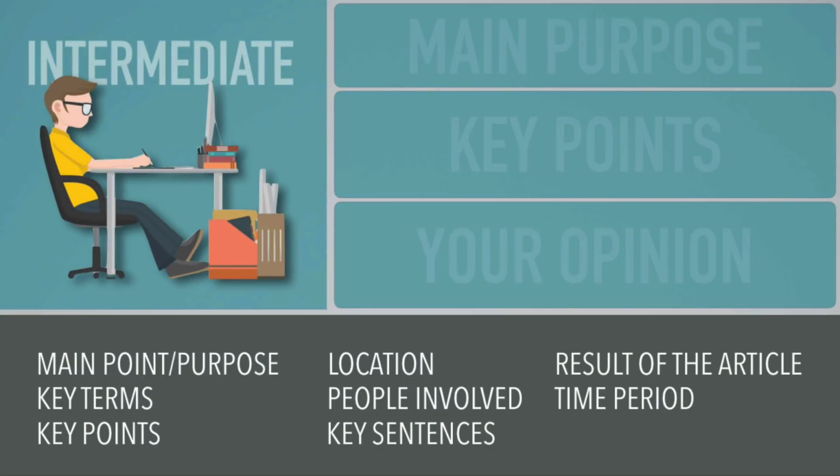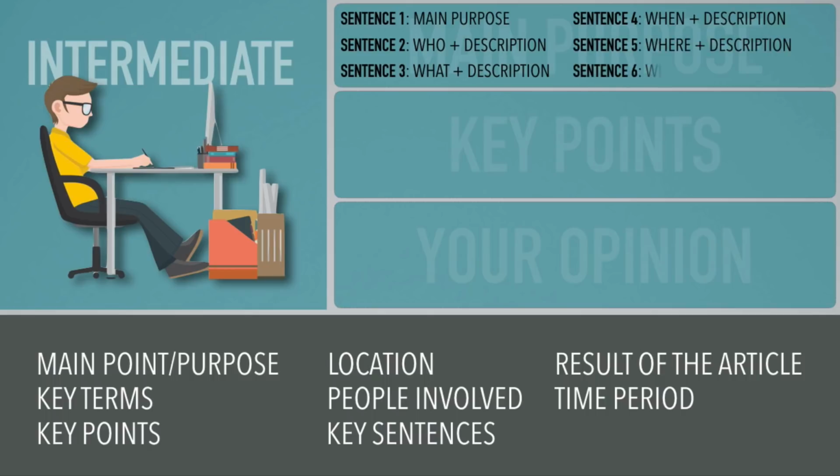The intermediate level. Now this is how you do the intermediate level summary. Now again, the 3 sections are the same: main purpose, key points, and your opinion. For the intermediate level, there are 6 sentences in the first section. So you'll notice it kind of expanded. Sentence number 1 is the main purpose. Sentence 2, who, plus a description, which means you're going to give more information about the individuals the article is